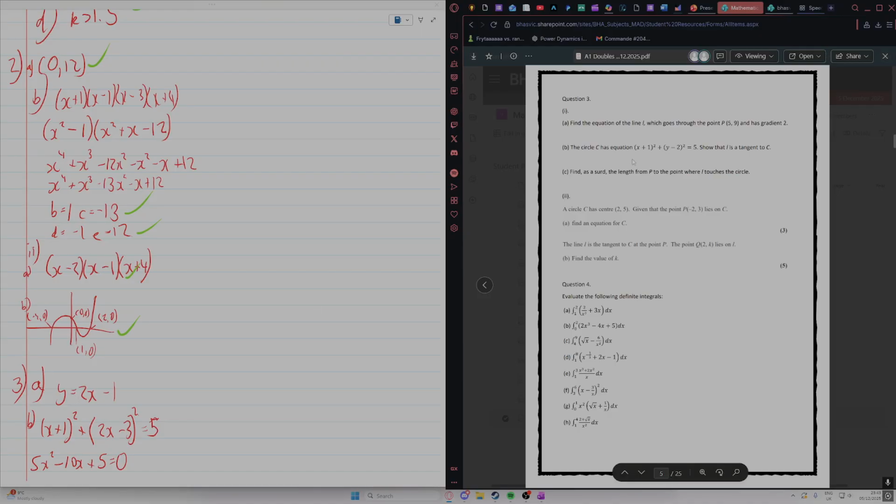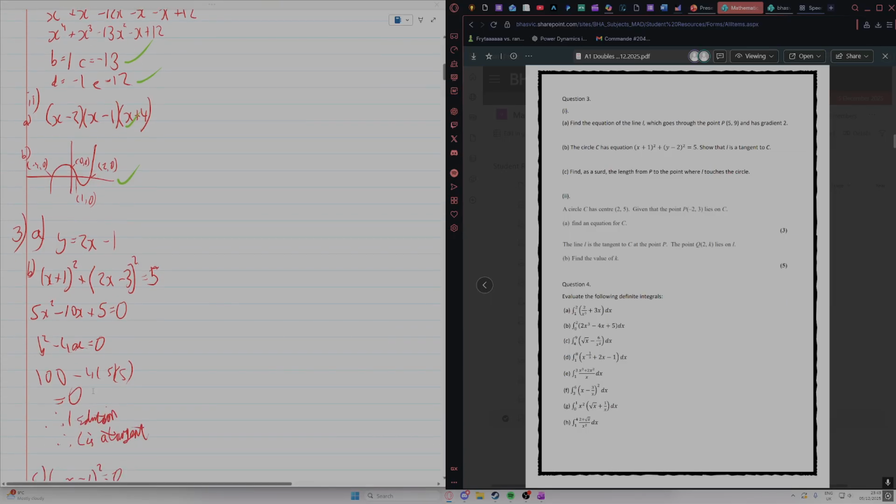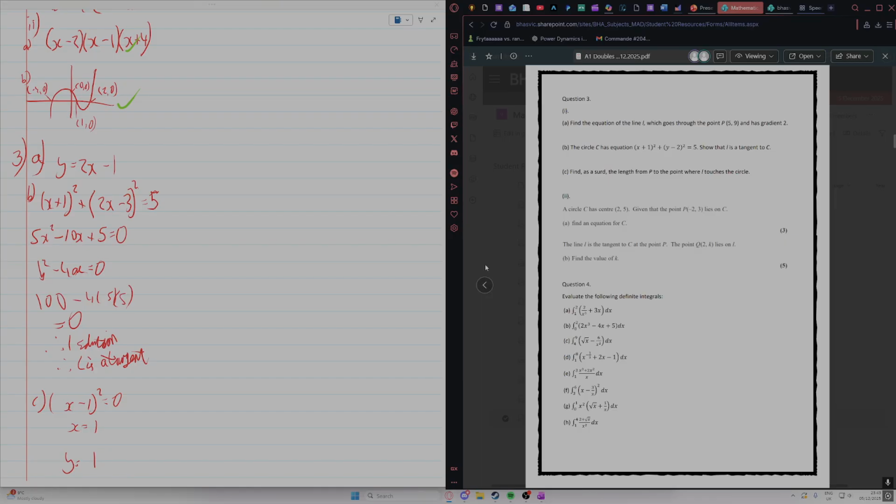Easy stuff. Show that L is a tangent. Just substitute values in. Substitute 2x plus 1 for y. You get this. Expand. Discriminant equals 0. One solution. Next, you have find